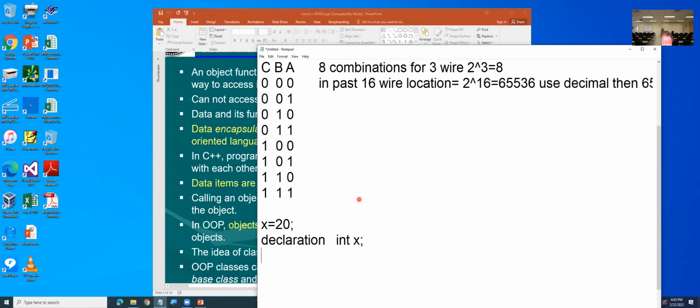An integer gets 2 bytes, which is 16 bit, and it can handle